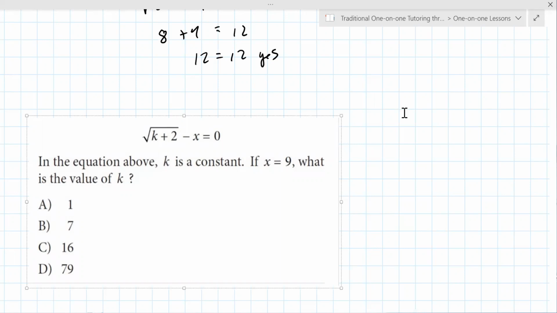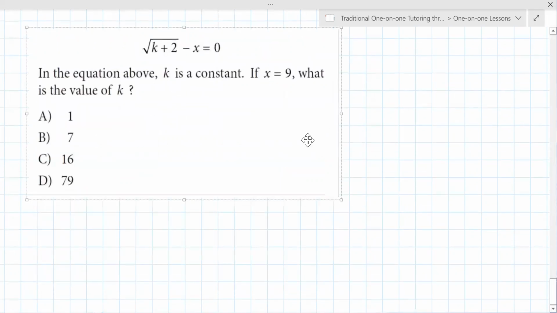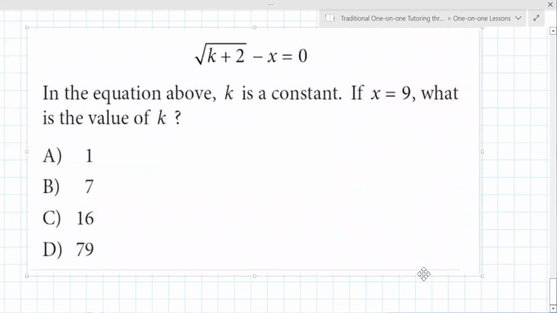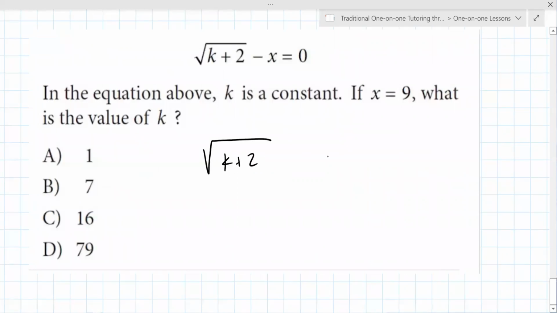All right. Any questions on this or any idea how to get started? So you plug in 9 for x and then you move it over, so it's the square root of k plus 2 equals 9. Yes. And then to undo the square root, you square both sides. Okay. What does that become on the right? That would equal 9 squared. So that would be k plus 2 equals 81. Very good. And then you subtract 2,